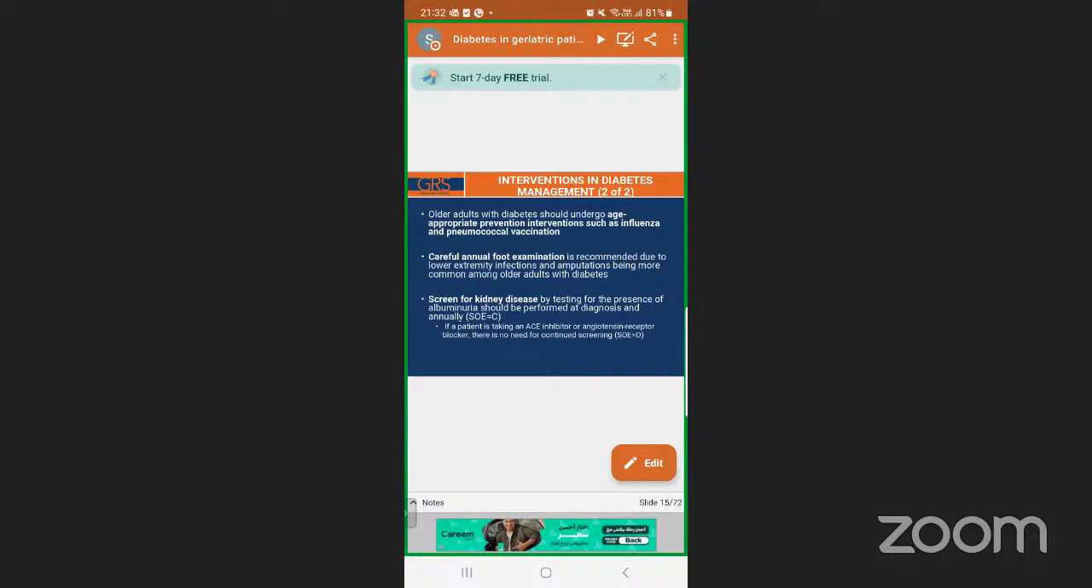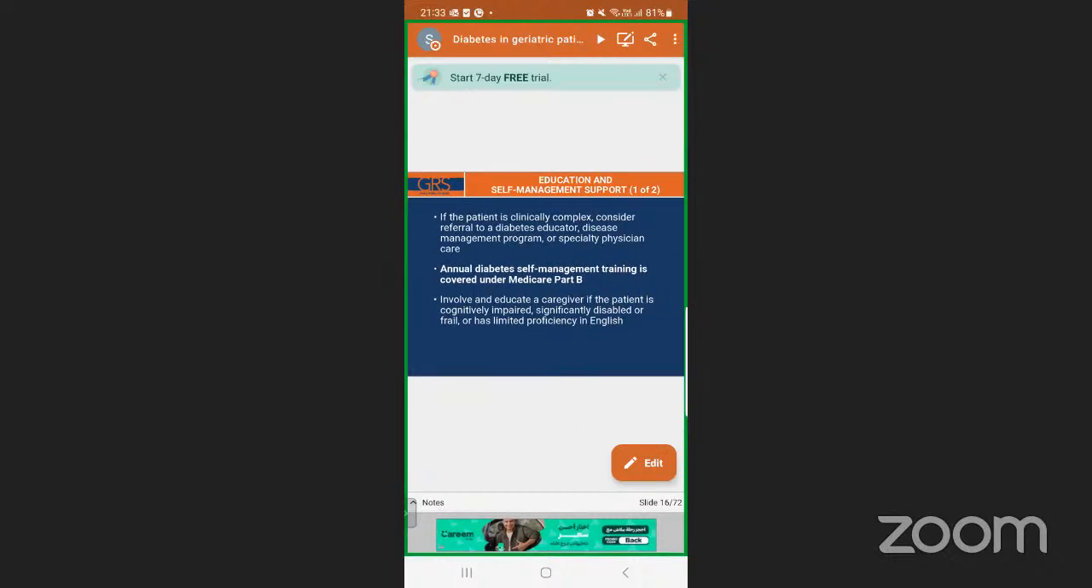and annually. If a patient is taking an ACE inhibitor or angiotensin receptor blocker, there is no need for continuing screening. Education and self-management support. If the patient is clinically complex, we have to consider referral to a diabetes educator, disease management program, or specialty physician care. Annual diabetes self-management training is covered under